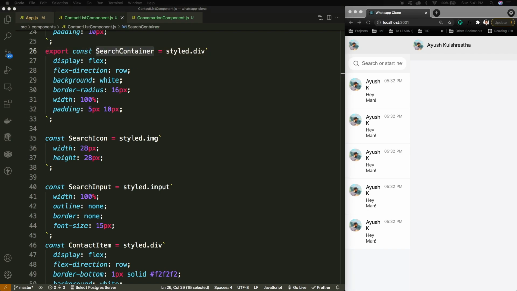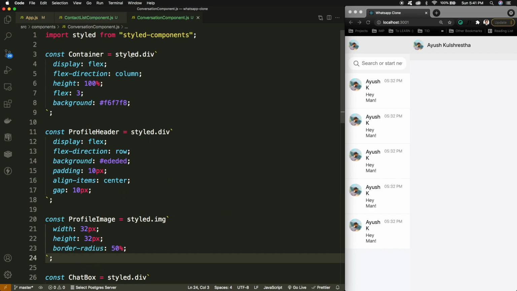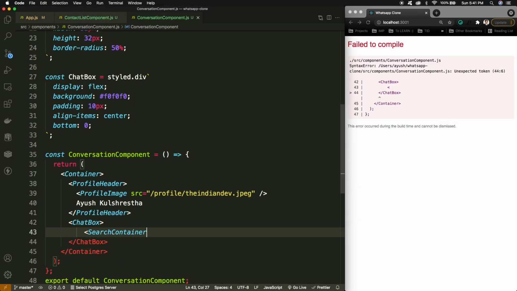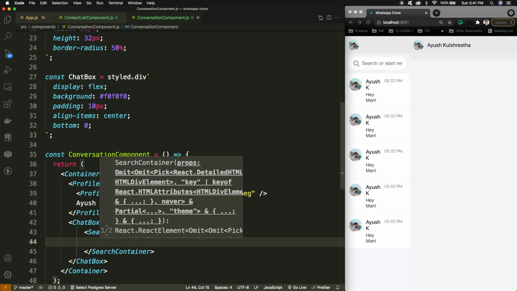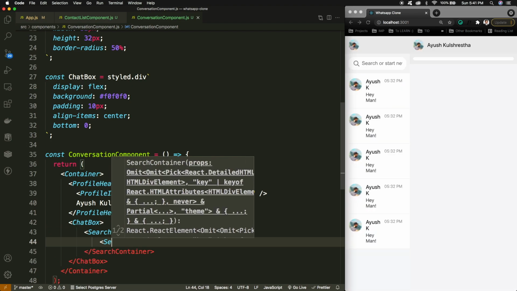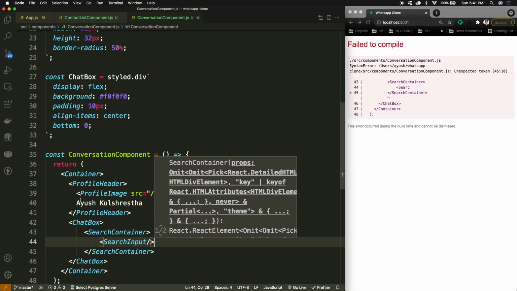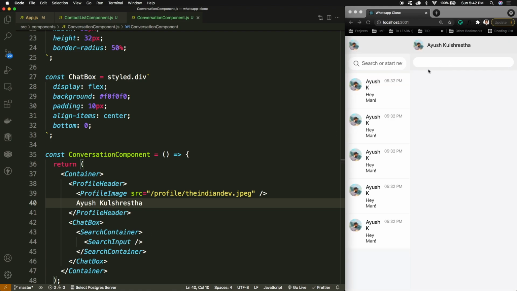Now I can use this search container inside my conversation component, and other than this I will be exporting this search input, so I can simply import them and use them inside this file. So inside the chat box I can have this search container, and inside this search container I can have the search input. Okay, so here you can see the search input is here.